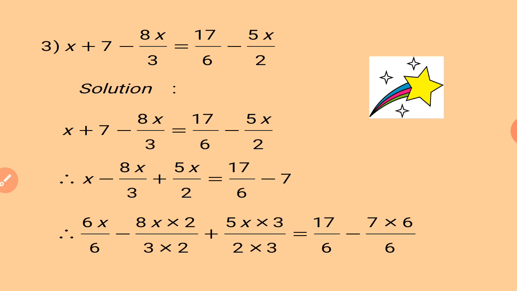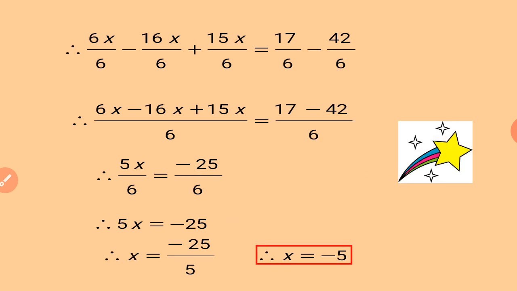So you are just transposing the things, and variables move to the left hand side and the constants move to the right hand side. Then the step is finding the LCM. By finding the LCM and multiplying the numerator and denominator, we get the denominators same. This is how you get the denominator as 6. We are getting 6 everywhere in this question.